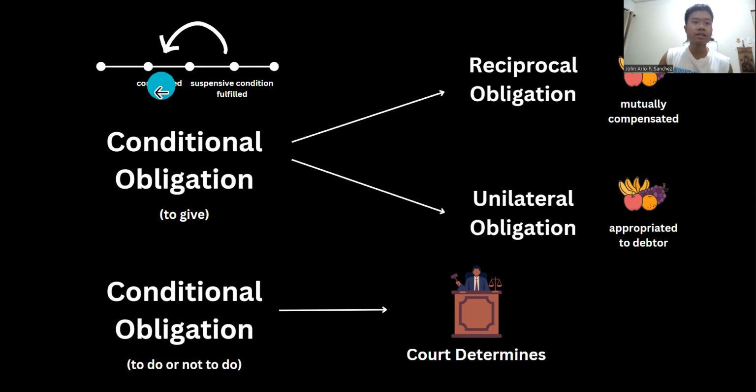So let's say, at this point in time, an agreement or an obligation was constituted. Let's say this is on June 30th, but the condition is that you graduate on January 1st. And if you graduate on January 1st, you'll get $1 million. So when you graduate on January 1st, in the books, it says that you were given $1 million on June 30th.